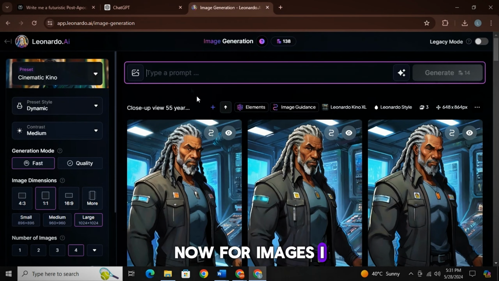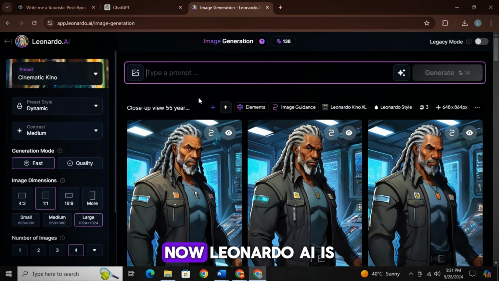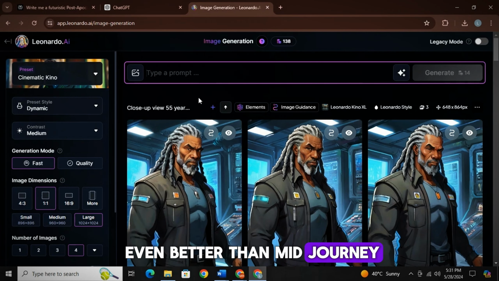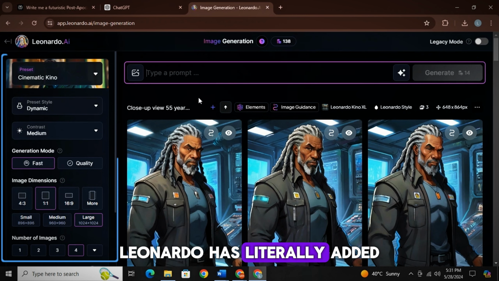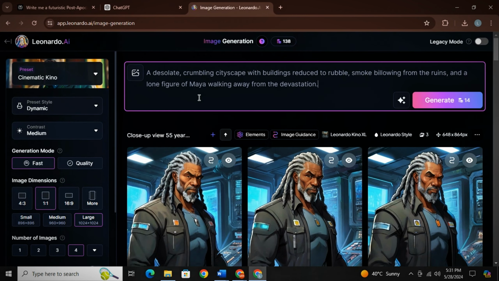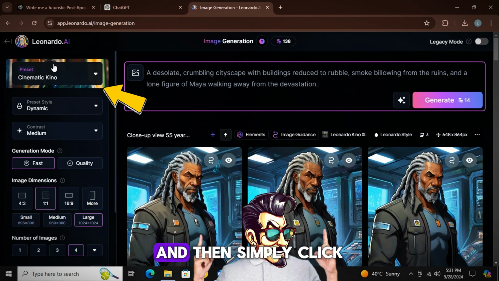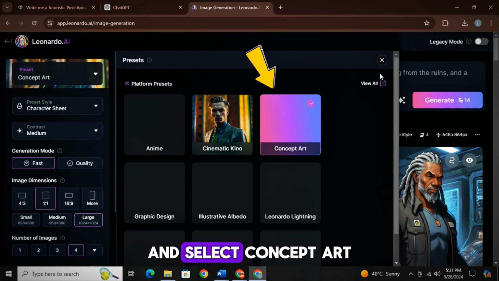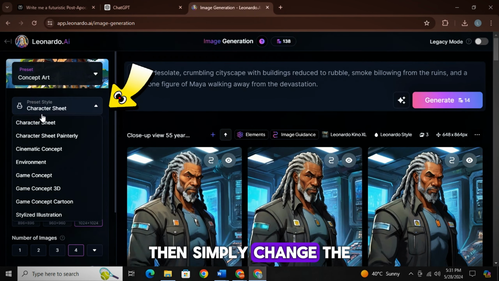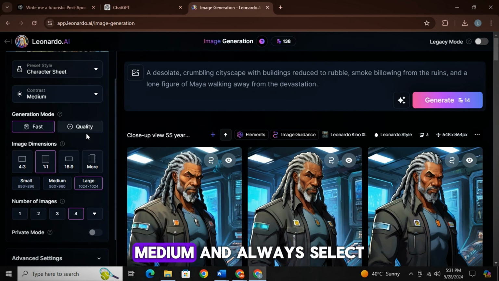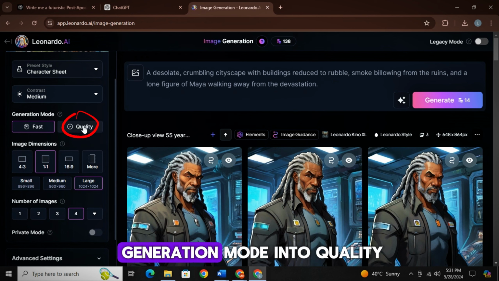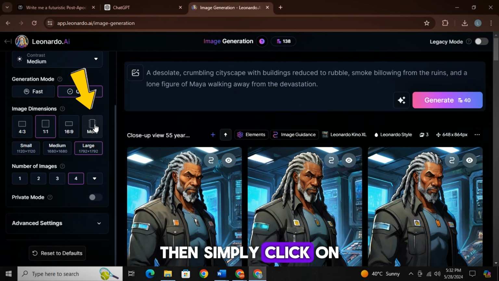Now for images I will use Leonardo AI, and guys, now Leonardo AI is even better than Midjourney after the update. Leonardo has literally added many new features and image models. I will simply paste my prompt here, and then simply click on presets and select concept art, then simply change the style into character sheet contrast medium, and always select generation mode into quality, then simply click on more and